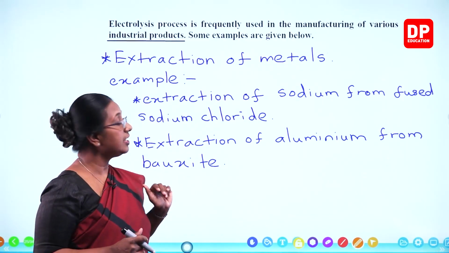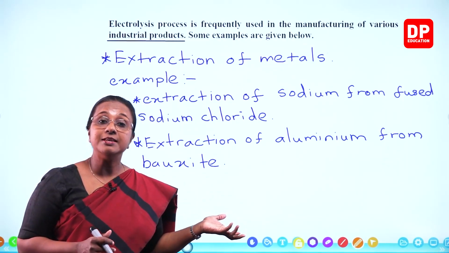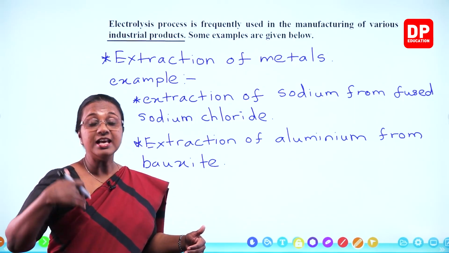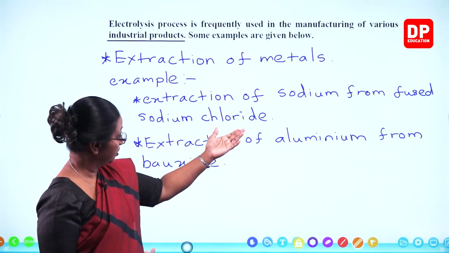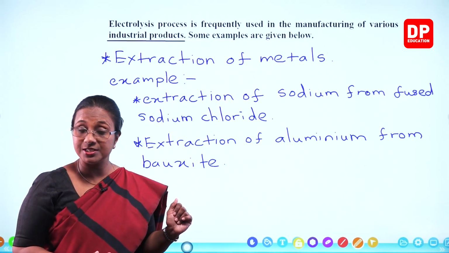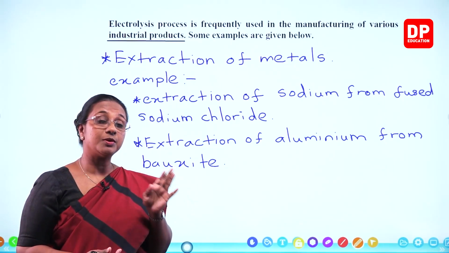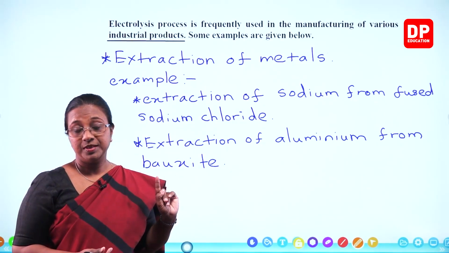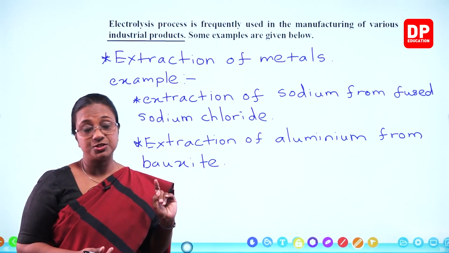Then sodium chloride, you can remember we get it from seawater, salt. That sodium chloride is in the form of a solid. It has to be melted so that we get the fused or molten sodium chloride, that is liquid sodium chloride. From that you can extract sodium. That is one application of